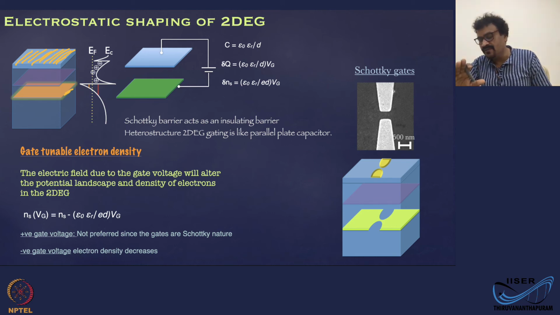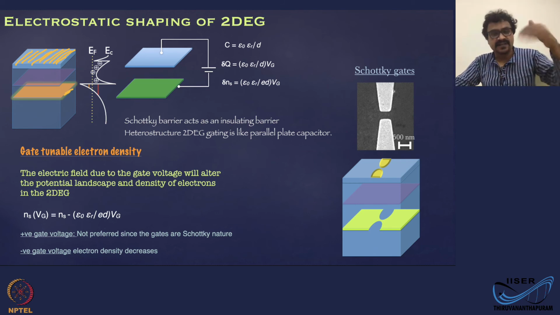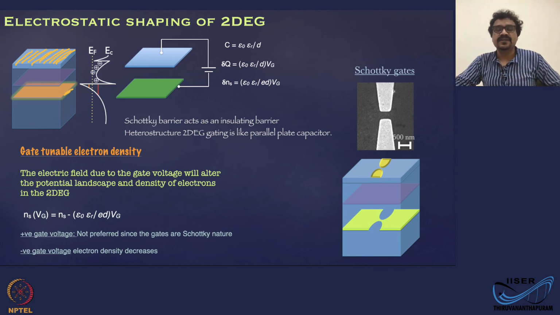When you apply voltage in one direction, the current will go through. In one direction the barrier will grow, in the other direction your barrier will shrink, or the charge will start going through that direction. So then it's no more a barrier. It's no more a gate, because a gate is not supposed to inject any current into the channel. So this is what I'm trying to say.